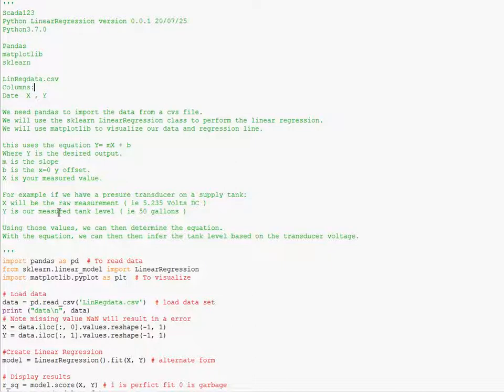Basically, you're going to read in X and Y's from a file. Your X is going to be, say, your voltage from a pressure transducer. Your Y, that's going to be your tank level or your output. So it's basically your inputs and your outputs. When you have those combined, you can then chug to get the linear equation y is equal to mx plus